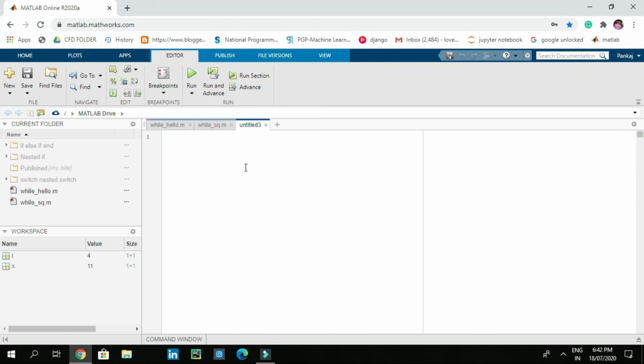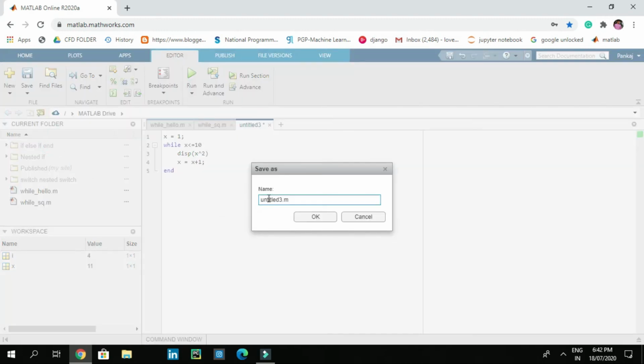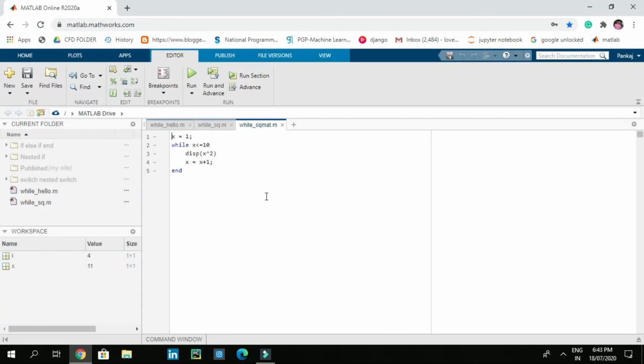So now let's add one more script file and let's try to do the same procedure with a matrix. Let's copy this code and paste it here, and let's save this file as while underscore sqmat.m, and let's change x equal to square bracket 1 comma 1 close square bracket. And now let's save this code and run this code.